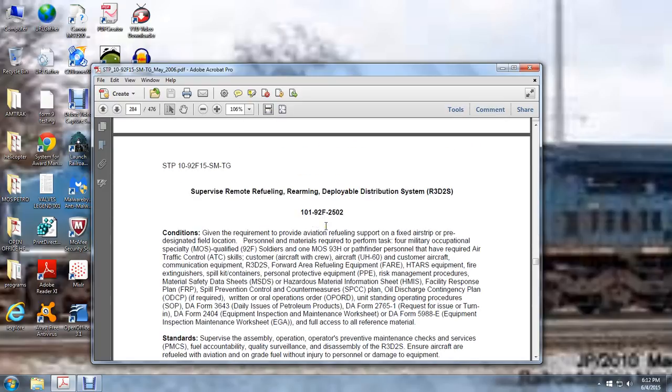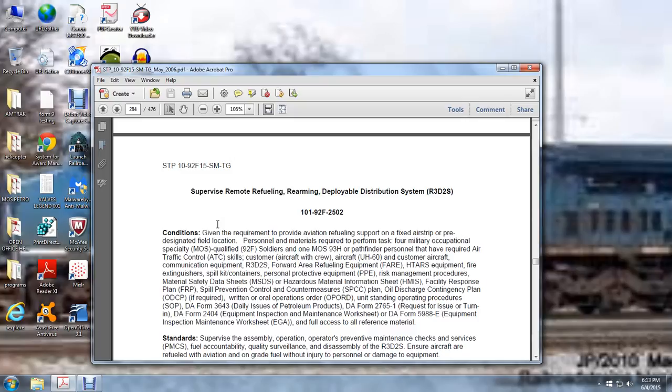Okay, moving on. Supervise the remote refueling, rearming, deployable distribution center. The 3 R's: remote refueling, rearming, and the 2 D's: deployable distribution system. Given the requirements to provide aviation refueling support at a fixed airstrip or a pre-designated field location, personnel and materials required to perform the task: four military occupational specialty 92F soldiers, one MOS 15W Pathfinder personnel, aircraft, air traffic control, customer aircraft with crew, the UH-60,